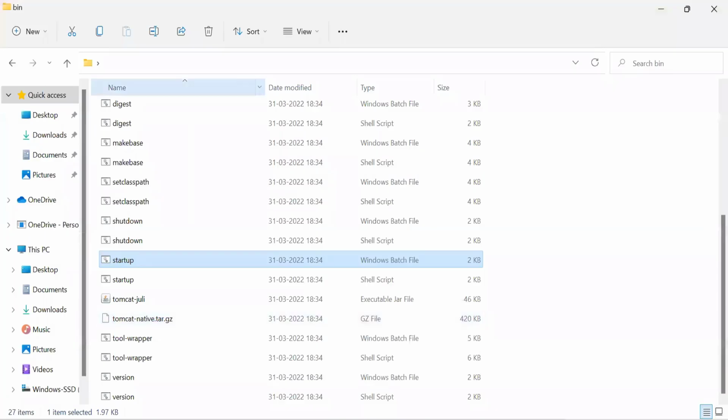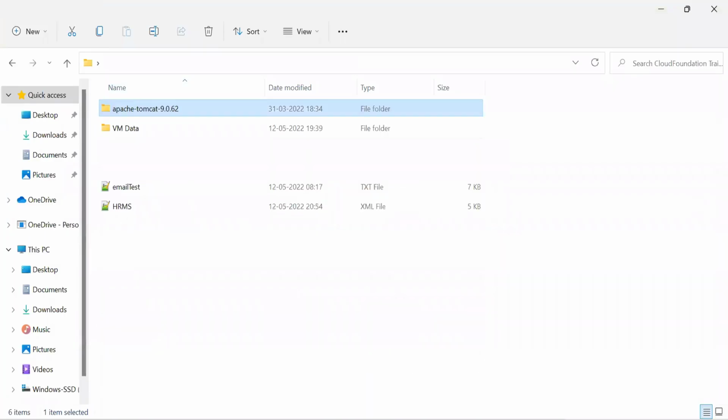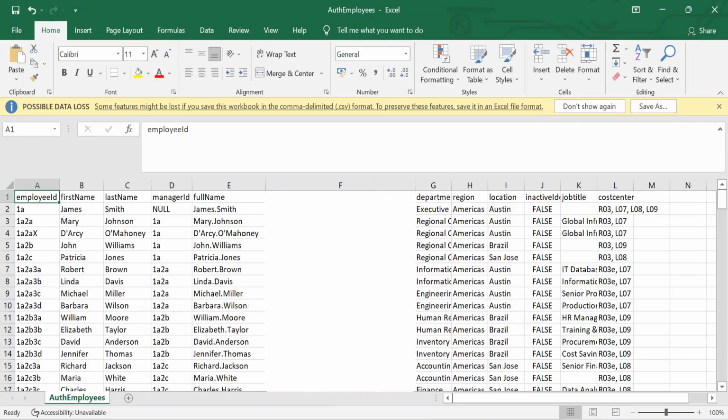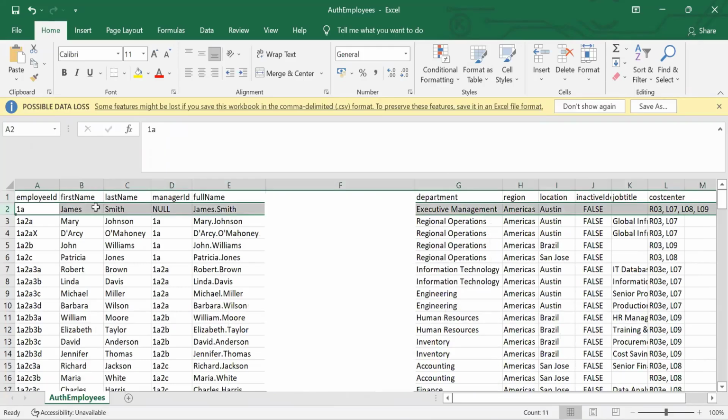If you see this data, the HRMS data, for the employee here, we have this data, so this is one user, James Smith. Employee ID is 1A. Manager ID is null. Full name is James Smith. This is the email ID. Now we have another user named Johnson, whose email ID is